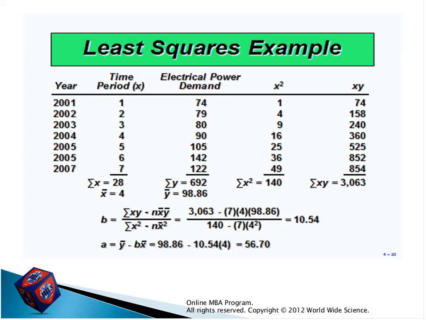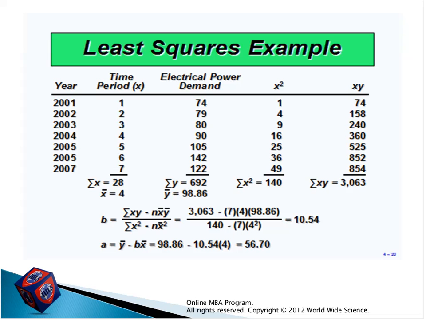The period 2002, we allocate a number to it. And also we should calculate xy. We are doing this trend because we need to use the formula to calculate A and B. We are doing all of these things finally to find A and B. When you calculate xy, xy means x multiply y.